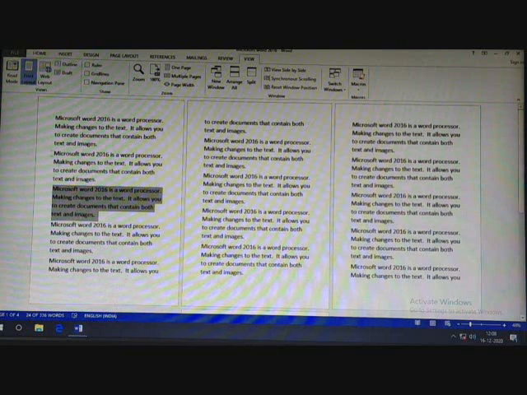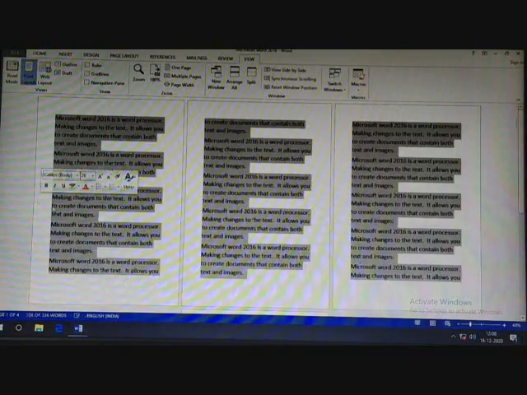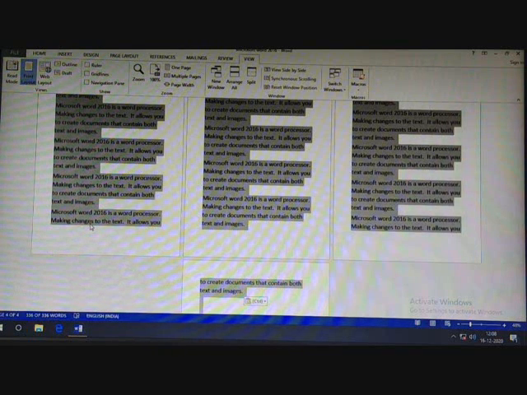If you want to select multiple lines, click and drag. Don't leave your click and start dragging. These are multiple lines. If you want to select the entire worksheet, 1, 2, 3: 3 clicks and the entire worksheet will be selected. The next is selecting text using a keyboard. You can use a keyboard to select text in your document.